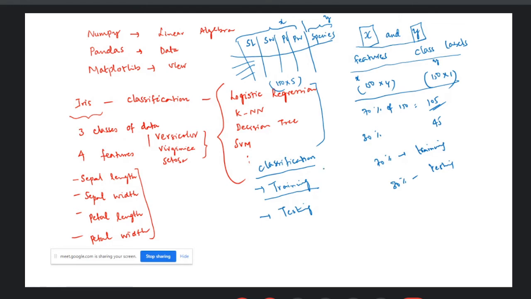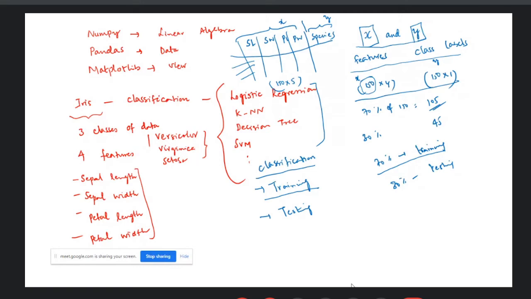Okay. So how do we select that 70% of the data? You have 150 rows, and from there, how do you select 70%, say 105 rows, to use for training? If you do it manually, you may be biased towards some rows.